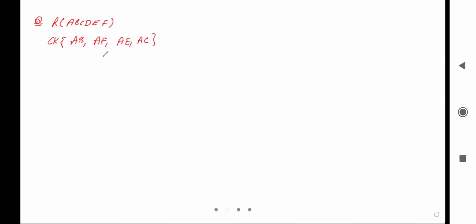These are the candidate keys, and functional dependencies are